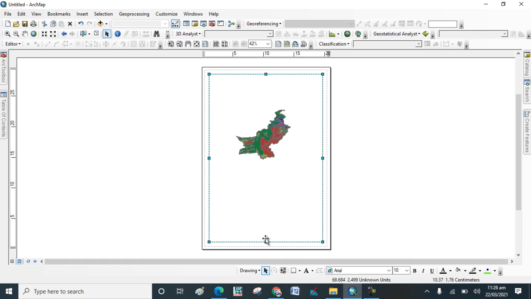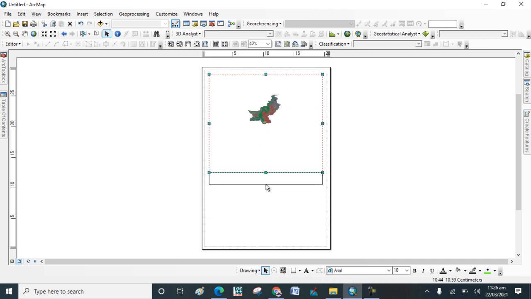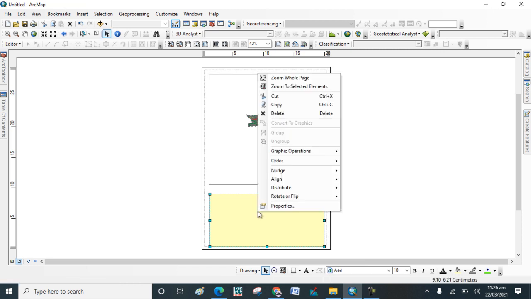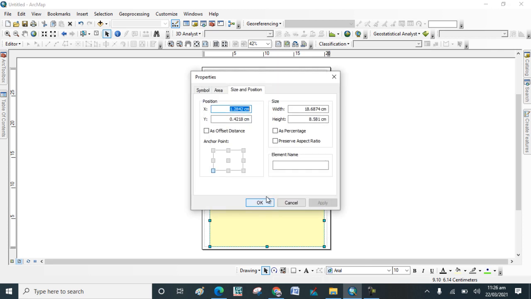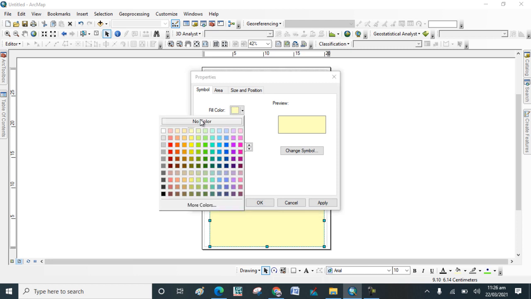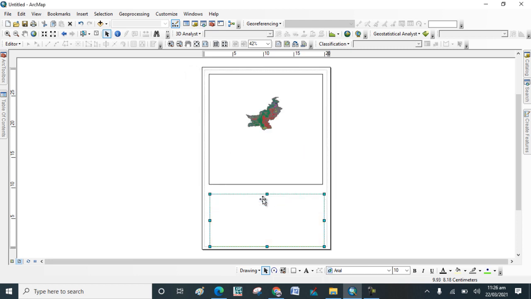Click that one and go to the drawing tool and select rectangle, draw a rectangle here. Select no color for that and OK.